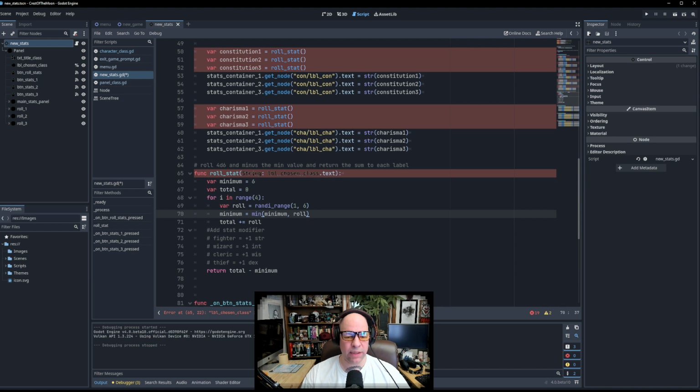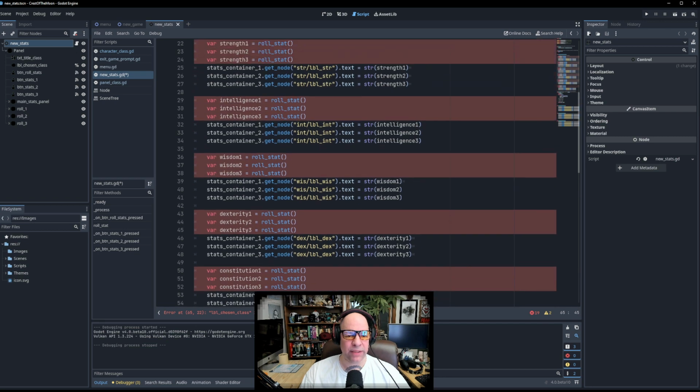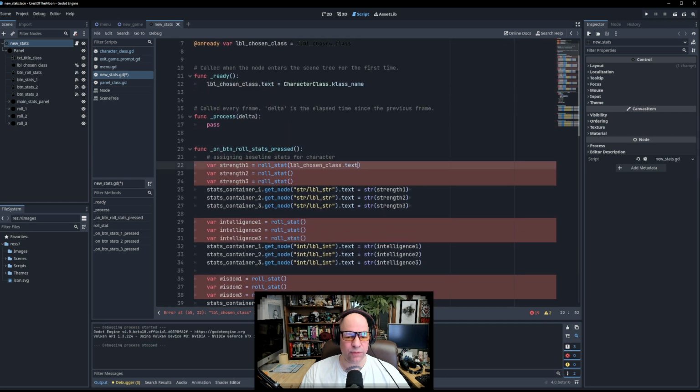Label chosen class is a variable but does not contain a type. Does that mean I have to pass in? I know I have to pass this in, but I'm trying to see, if I pass this in,